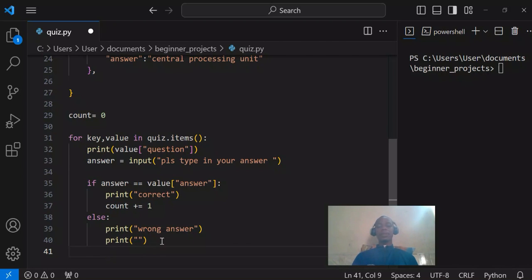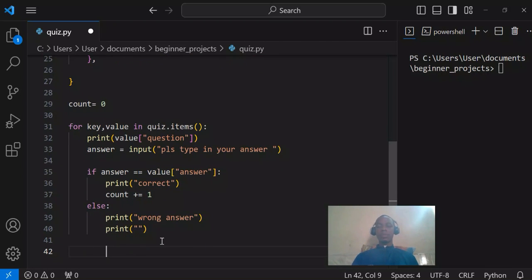So now, this time I'm going to print my count, let's say when the person is over, when everything is done. That is why I return to here, because I don't want this to be under this else or under the for loop again, but just outside everything. I'm going to print